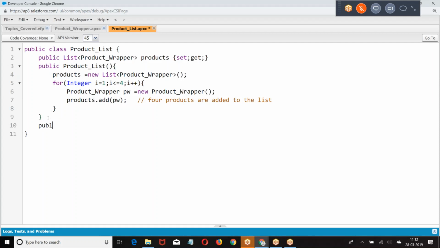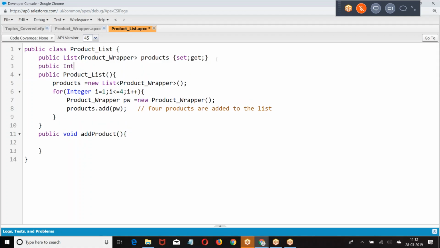Then I am having public void add. Now they are giving the index. At what position should the element be added? Then I am checking here, if index is less than size minus 1.